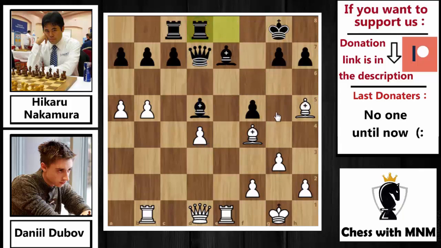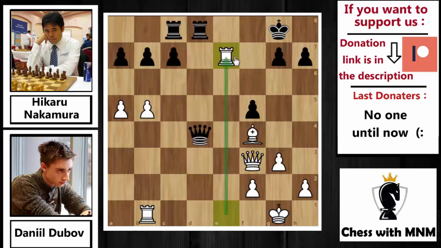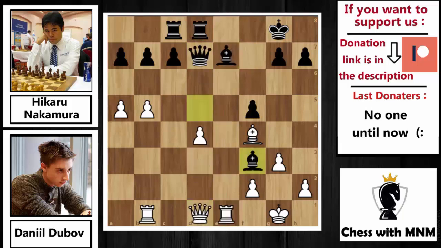And here, after rook e to d8, Dubov played bishop back to f3, saying to Nakamura, if you capture on f3, then I will capture by the queen. You cannot capture on d4, because if you capture on d4, then simply you will lose your bishop on e7. So for this reason here, after bishop back to f3, Nakamura moved his bishop back to f8,